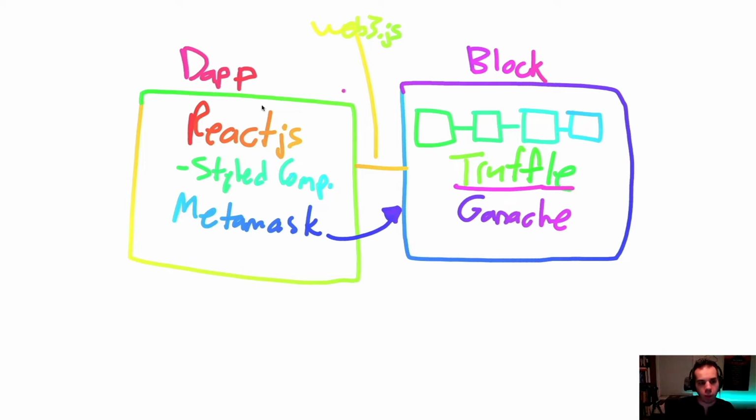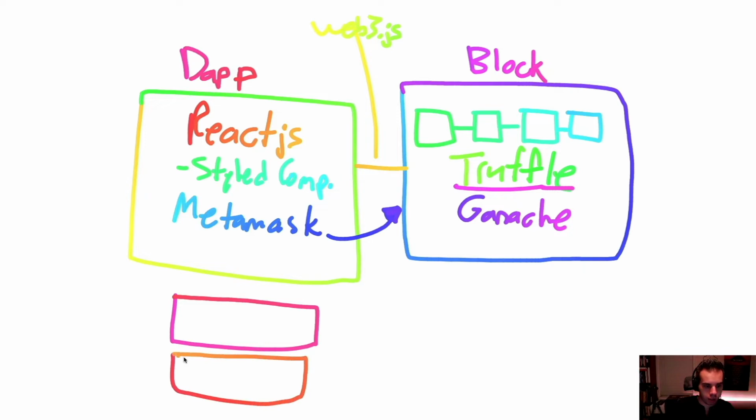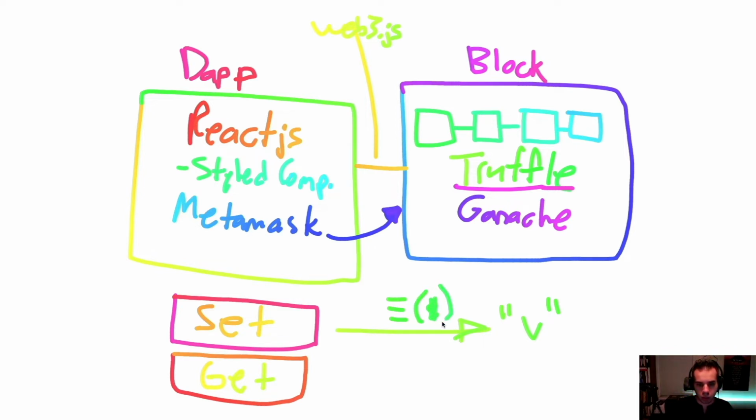So when we think about what we're going to be doing, really, there's sort of two parts. There's the set, and then there's the get. So this is going to be writing a variable that we're going to call v. Now, when we write to this, that's where it's going to cost ETH. So this is the symbol for ETH. So that's going to cost money, and maybe it would just be easier to think about it with like a $ sign or something like that. So this is going to cost money when we write to the blockchain, right?